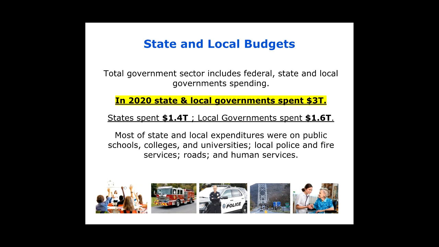And the one big difference is that state and local governments can't really run these long-term debts like the federal government can. The federal government can do it because the federal government also has control over the money supply and can expand the money supply as a way of doing it. Many of the constitutions at a state and local level don't allow it to run deficits on the long term. So we see an additional $3 trillion of spending, but we generally don't see the levels of debt and deficits at a state and local level.